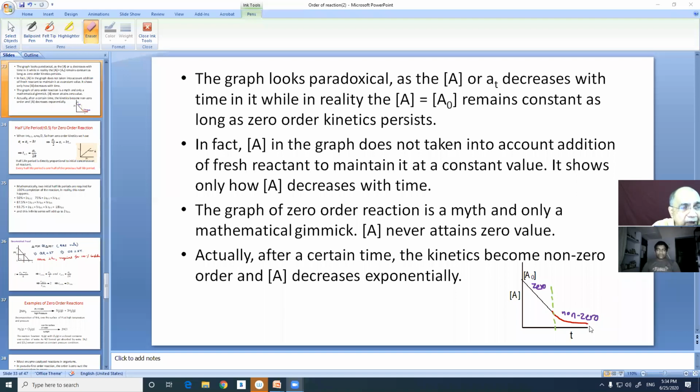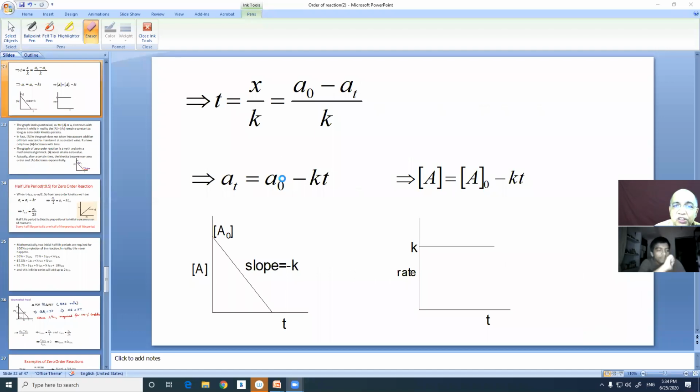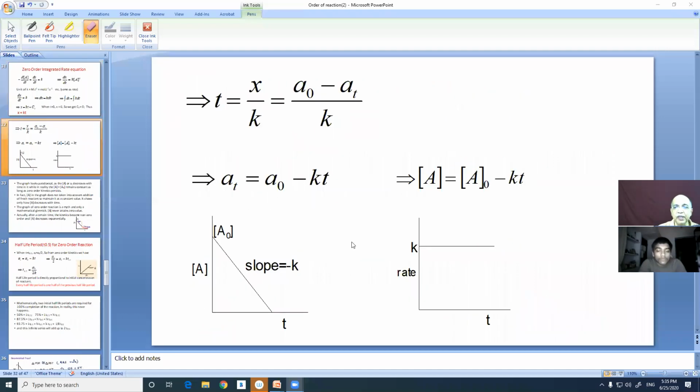Non-zero orders will continue, and all non-zero orders will be exponential, and it is a never-ending process. Maybe for a first order reaction, it will take less time to become 87.5 or 93.75, but second order much greater than that, and third order still much greater than that, but never ending. But theoretically, a zero order reaction will be complete within only 2 initial half-life periods. We shall prove that a zero order process will be complete 100%, which really doesn't happen, in 2 initial half-life periods. So just write this down and draw the graph.